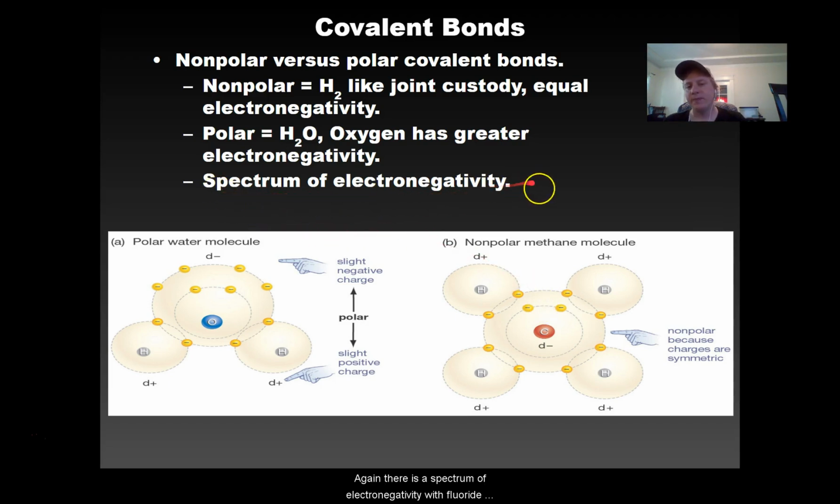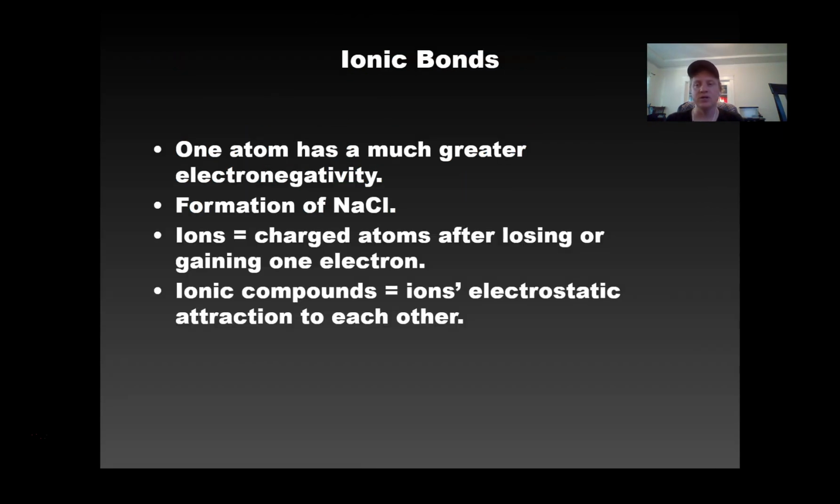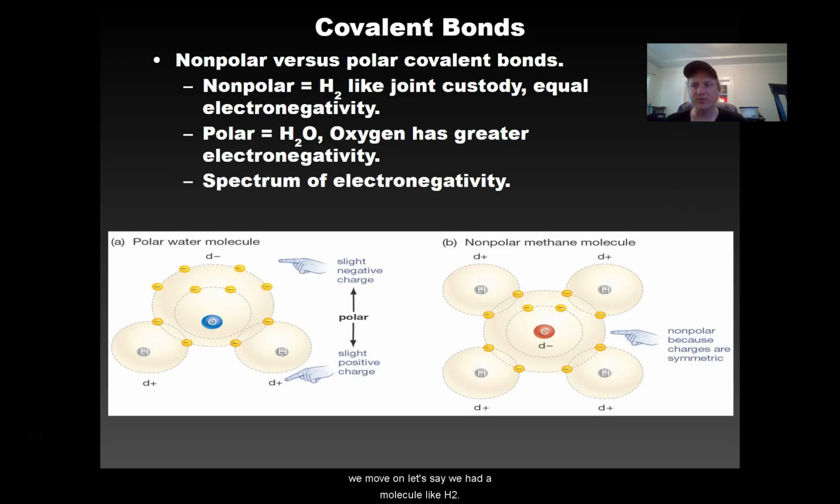So, again, there is a spectrum of electronegativity with fluorine being the most electronegative. I'm not really as worried about that for you guys. I just want you to know what electronegativity is, what its role is in covalent bonding, and what its role is in forming a polar versus a nonpolar covalent bond. The next kind of bonding, and actually I guess before we move on,